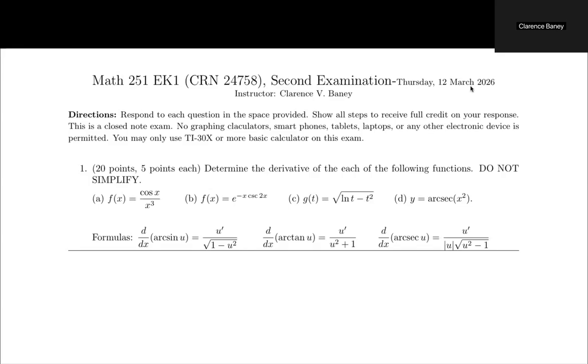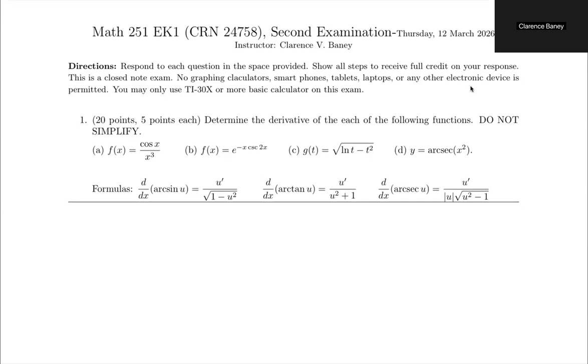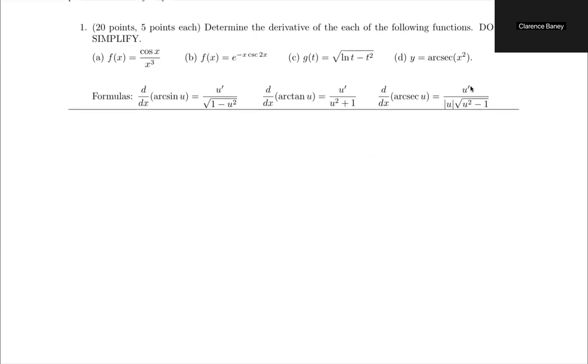So we're going to take a look at our second exam, and I'm going to go through the problems to just go over a few things that might have caused difficulty for people on this last exam. So our first question was the derivative question. You had four of them, and we had to find the first derivative of each of the items. This is probably the most sophisticated part of the exam, since we had to take derivatives in a very specific